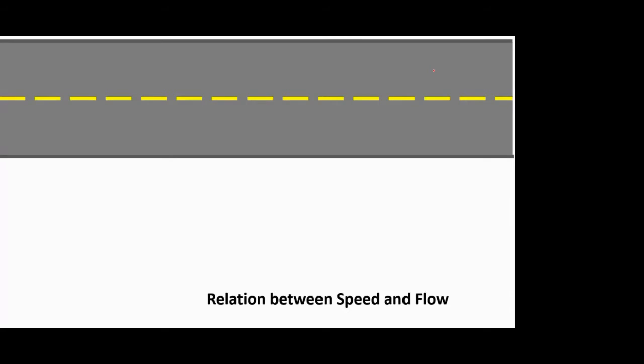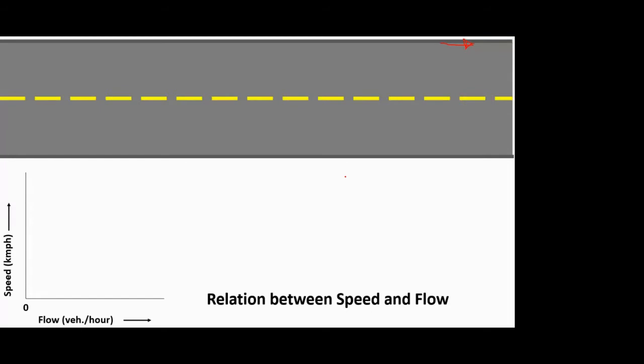Coming to the next relationship between another two parameters of the traffic stream, that is speed and flow. Again, we'll consider the same road. It's a two-lane road having unidirectional traffic from left to right. You have set up all the videography, and now you are recording the video, analyzing it, and side by side plotting a graph. This time the graph is of speed versus flow. The speed value in kmph is plotted on the y-axis, and the flow value in vehicles per hour is plotted on the x-axis.